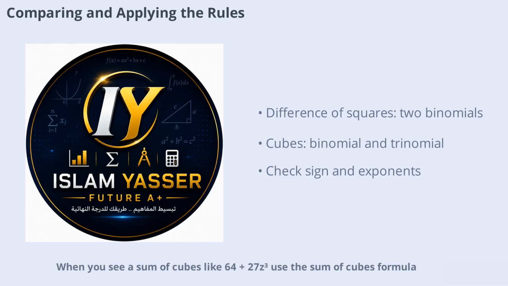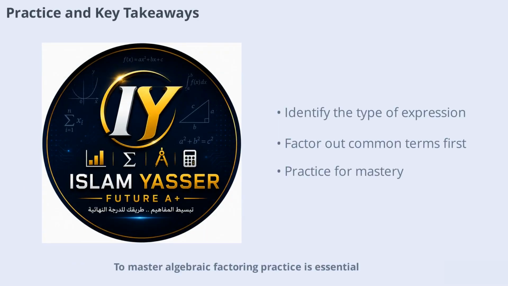When you see a sum of cubes like 16 + 12z + 9z², always check the sign and whether the terms are perfect squares or cubes before choosing your method. This careful analysis ensures you apply the right formula every time. Master algebraic factoring. Practice is essential. Start by identifying whether each expression is a difference of squares, a difference of cubes, or a sum of cubes. Remember, not every expression can be factored using these rules, especially